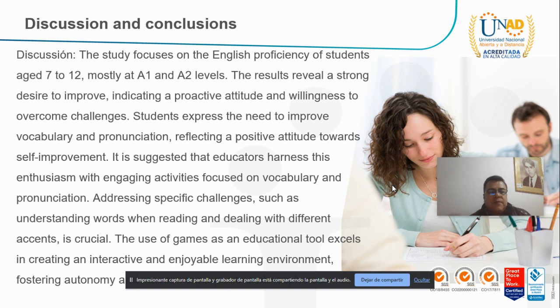The discussion and conclusion. The study focuses on the English proficiency of students aged 7 to 12, mostly at A1 and A2 levels. The results reveal a strong desire to improve, indicating a proactive attitude and willingness to overcome challenges. Students express the need to improve vocabulary and pronunciation, reflecting a positive attitude towards self-improvement. It is suggested that educators harness this enthusiasm with engaging activities focused on vocabulary and pronunciation, addressing specific challenges